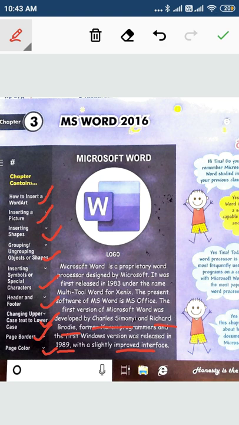And there are some special characters like @, hash, hyphen. With the help of MS Word you can use these special characters also. There are headers and footers, and how we are going to change the page border, and how we can change page color.